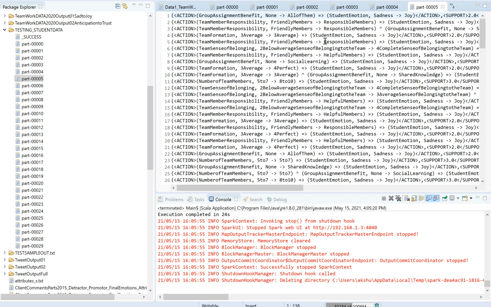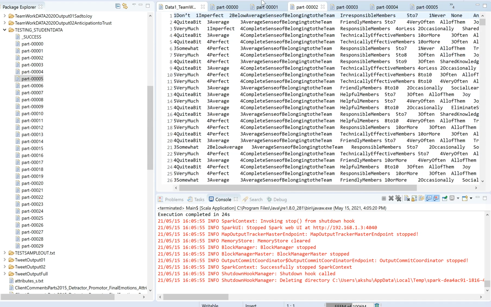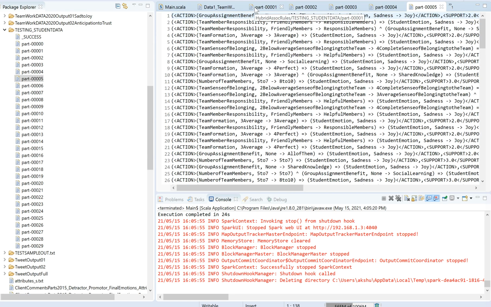So if in case you find that you are not getting the action rules generated, make sure that you give the proper support and confidence values.